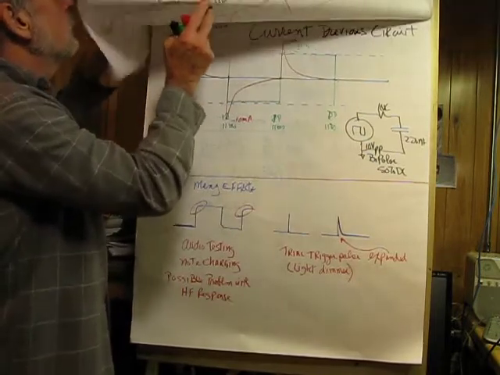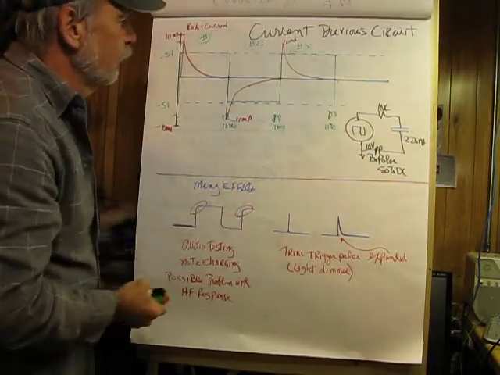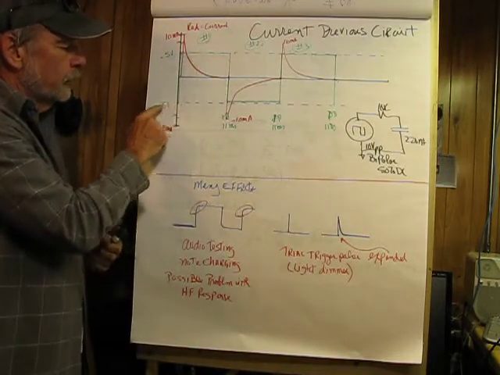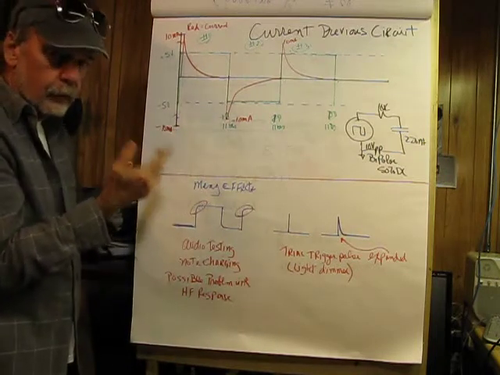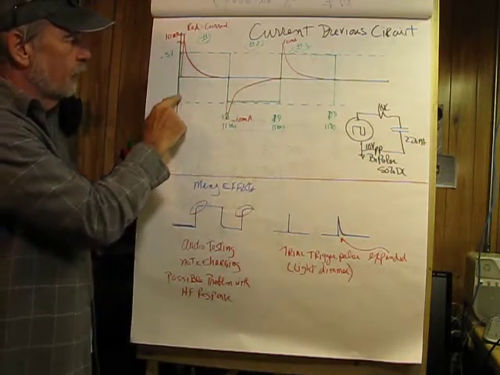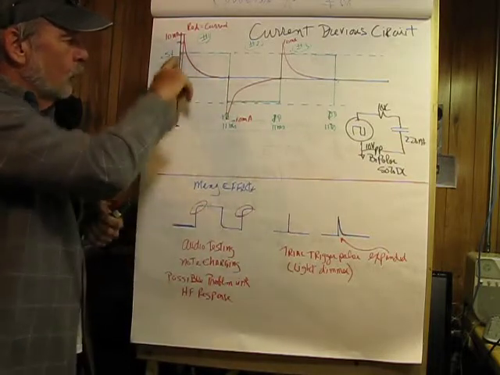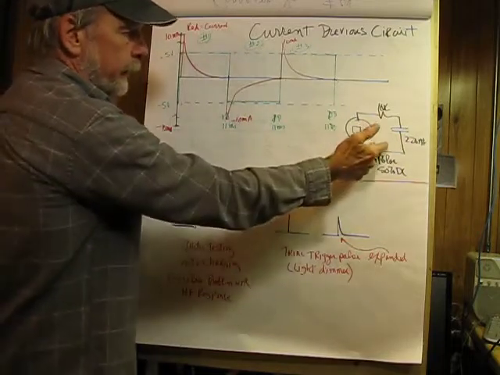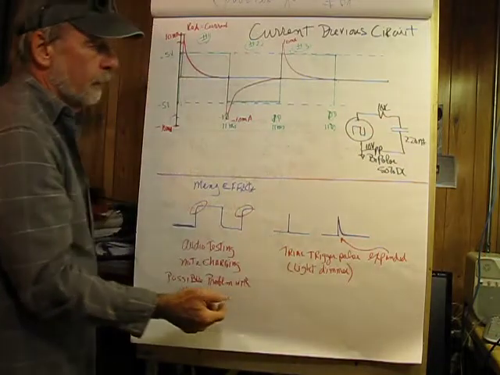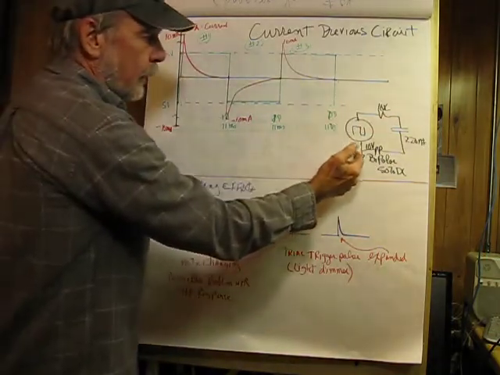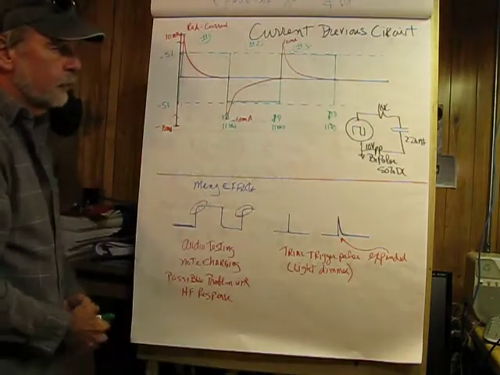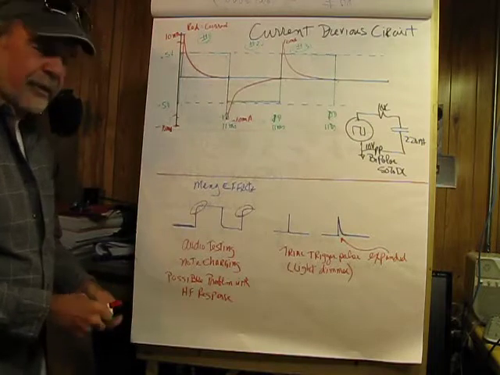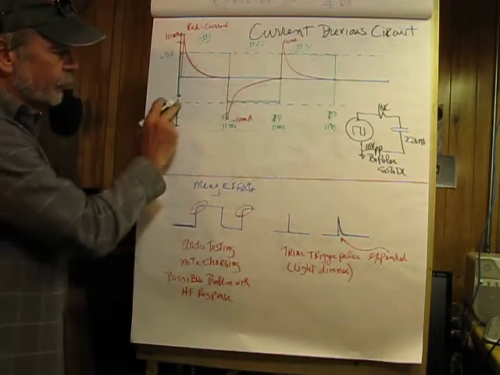Okay, so if we take a look at the current, and this is from the previous circuit, what we see is that the input waveform, the driving pulse, the source voltage, is going from negative 5 volts to 10 volts, and when we do that, the voltage across the capacitor is basically going to be 10 volts, which means that the current flowing in the circuit now is going to be determined by the source voltage minus the capacitor voltage. So if we look at this in detail, if we're starting from this point,